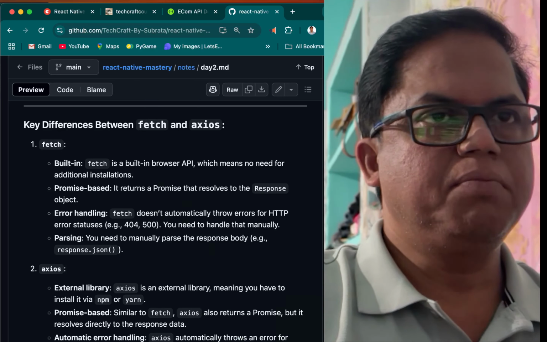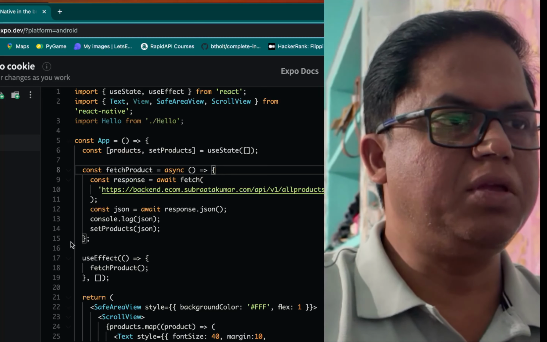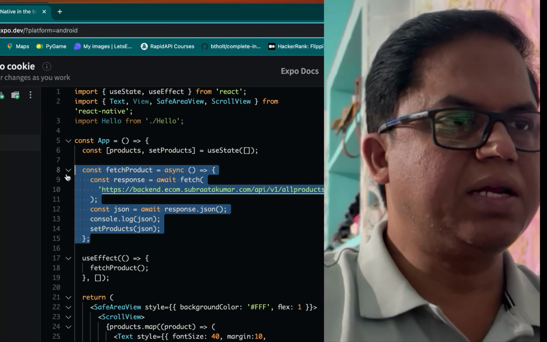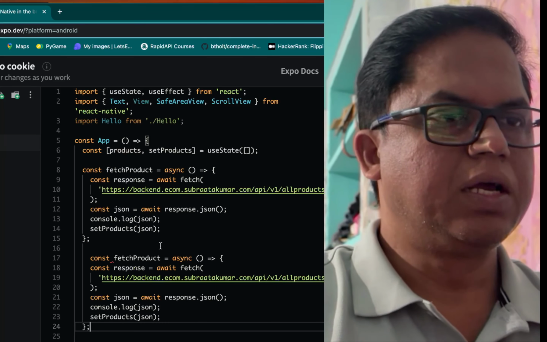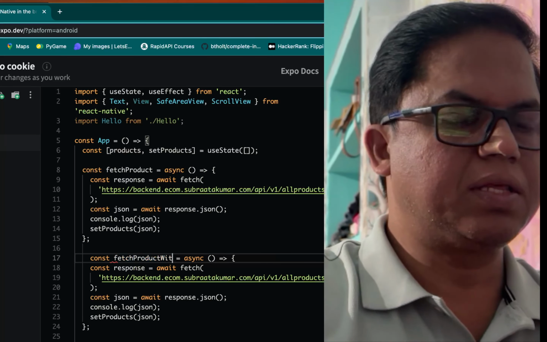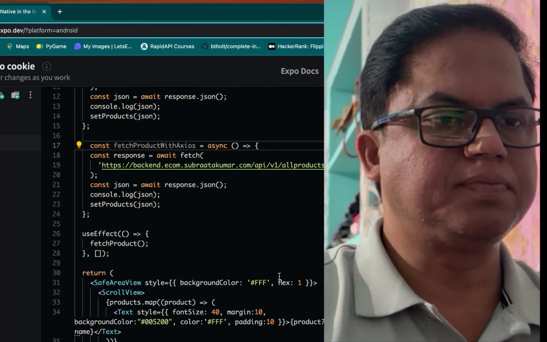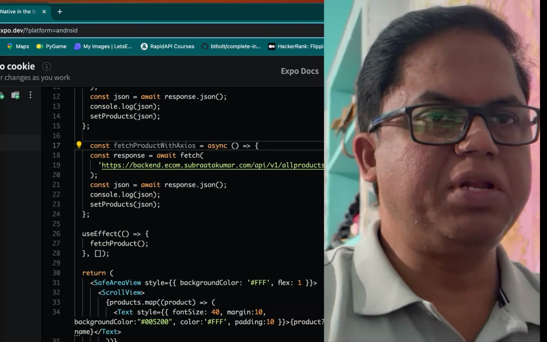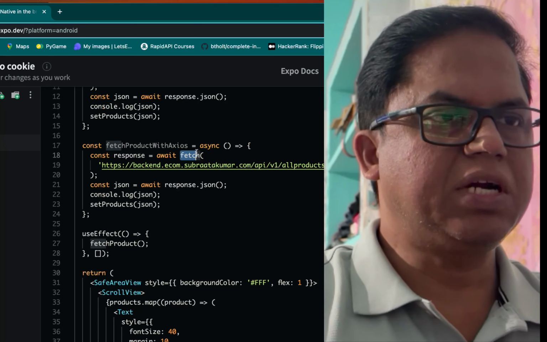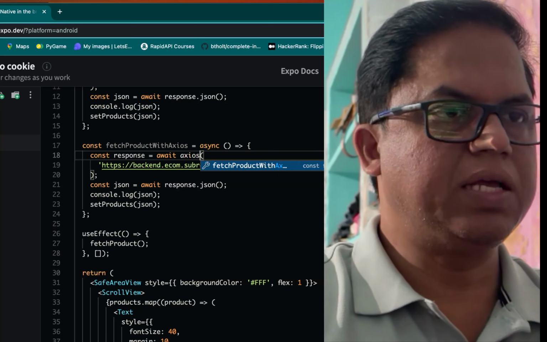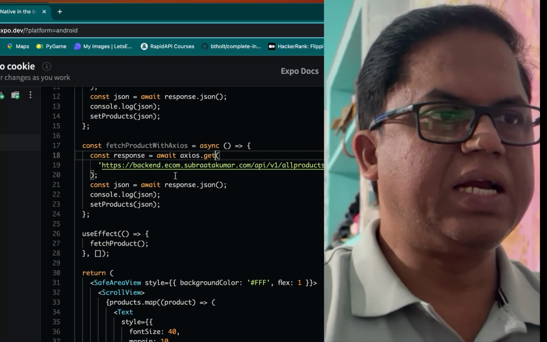Here you can see in our program, we have used this one, right? Let me write another function called fetch product with axios. Okay, and here we will use axios. We will not use fetch. So instead of fetch, I will write axios dot get,